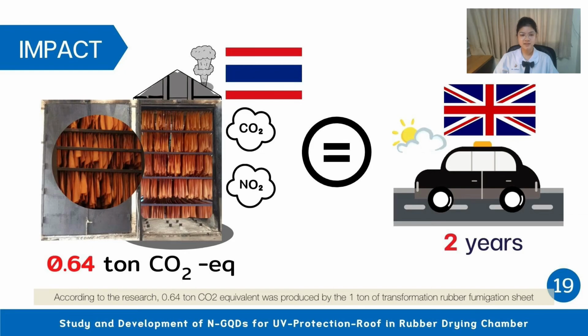According to the research, 0.64 tons of carbon dioxide equivalent was produced by 1 ton of transformed rubber fumigation sheet. However, if the farmers and the government use our innovation, the carbon dioxide emission will be reduced. And when our innovation is used for 10 years, only in Thailand, that equals the entire UK stopping driving for 2 years. If all rubber farmers in the world choose our innovation, imagine how much carbon dioxide we can